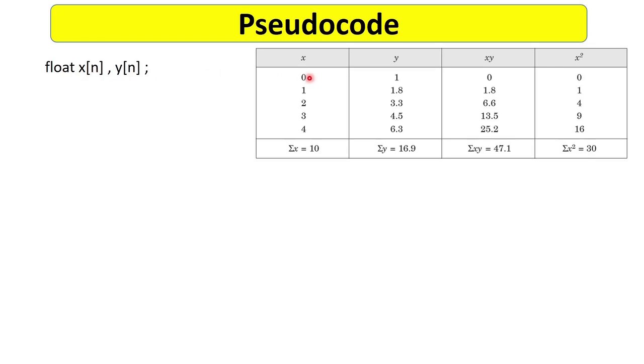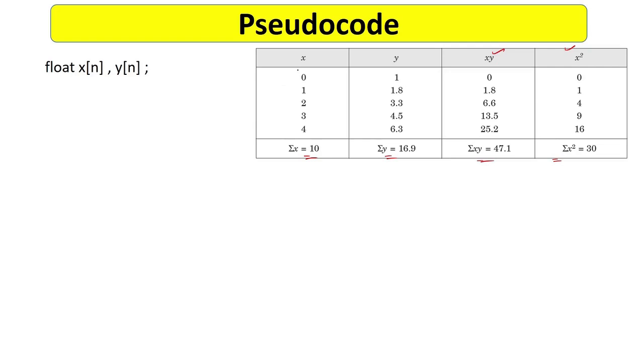Let's say in this case we have n equal to 5 because we have 5 data points, 5 x values and 5 y values. So the size of the x array will be n and the y array will also be n. That means in this case n will be 5. Now the next step in our question was to find these various summations, and to find these summations we have to find this thing also.